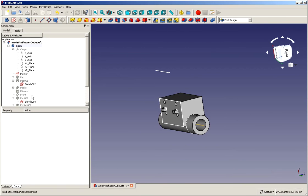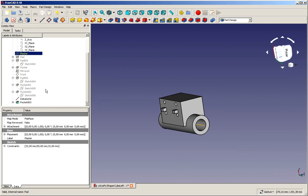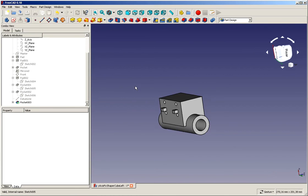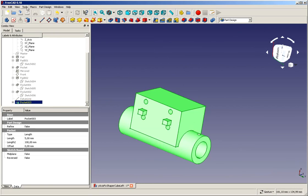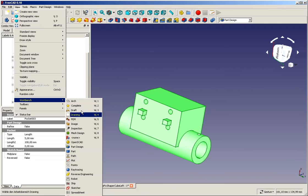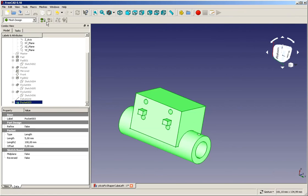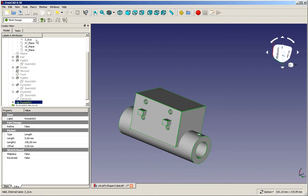So the last thing that I have to do is I'm uncluttering the stuff, switching everything off that I don't need in the moment. Just the final object, and then I select the final object, I switch to a different workbench, I switch to mesh design, I select create mesh from shape, that brings us a dialog. I select standard meshing options, and I have